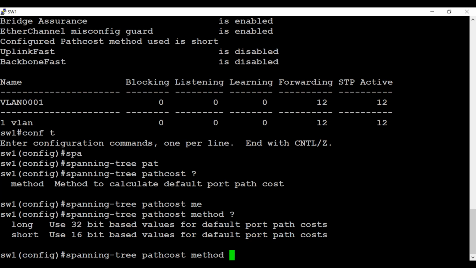So Cisco prefers that we use the short method? No, it's up to the protocol's choice. Okay. Yeah. Because if you remember,